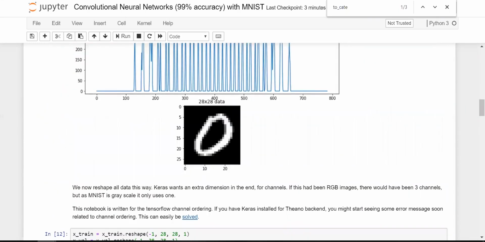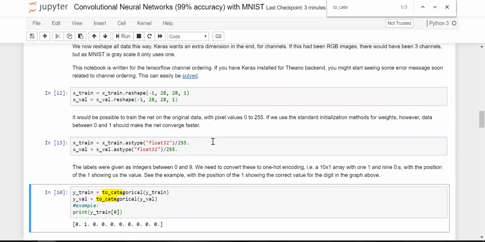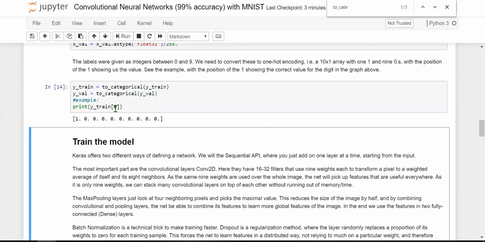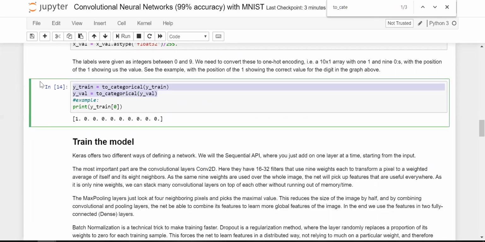So we are applying that here, though we have other methods of encoding which we had explored in our ML. For y train of 0, which happens to be a 0, this is the given encoding for that number. Like this, we have converted all the integers into one hot encodings. We have applied the to_categorical function upon the training and validation data.